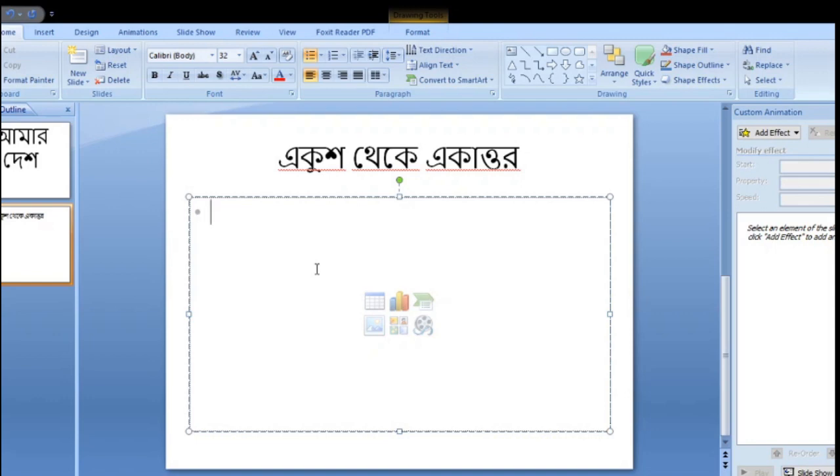And here we type another thing. Suppose in 1952.